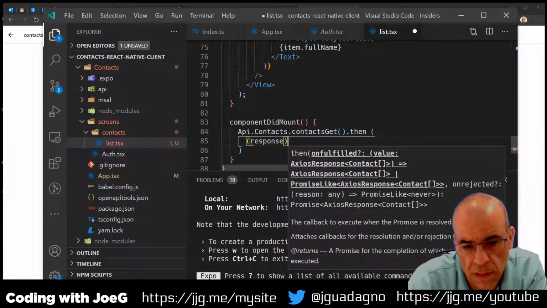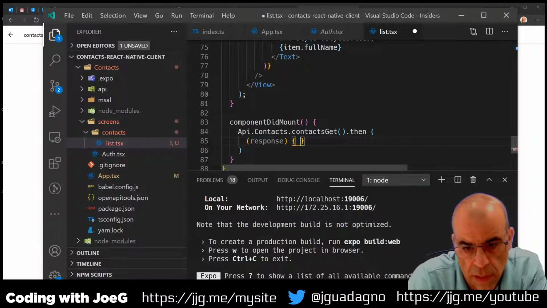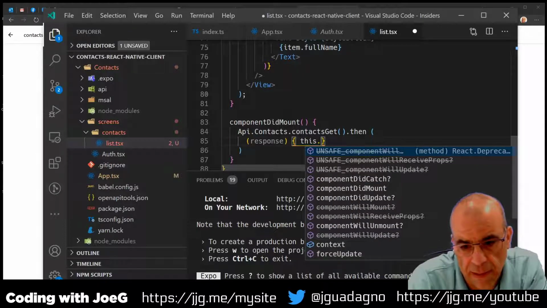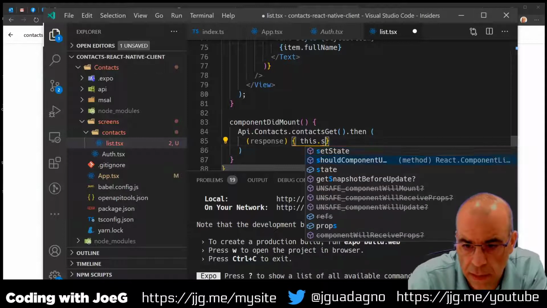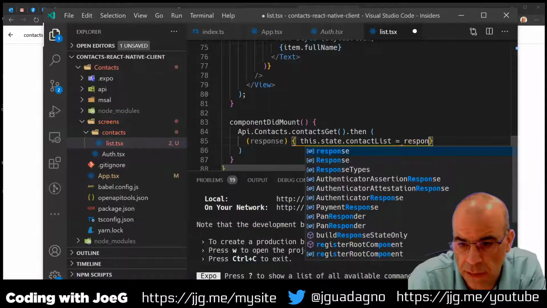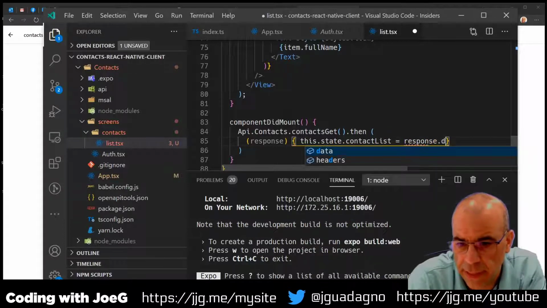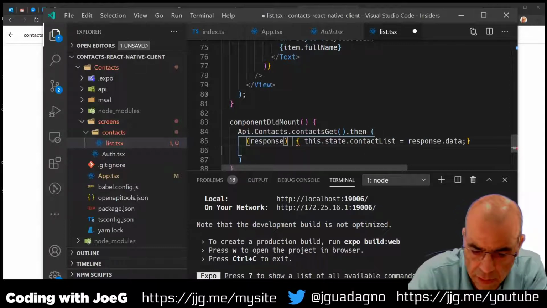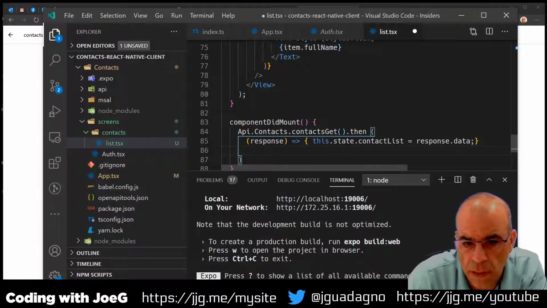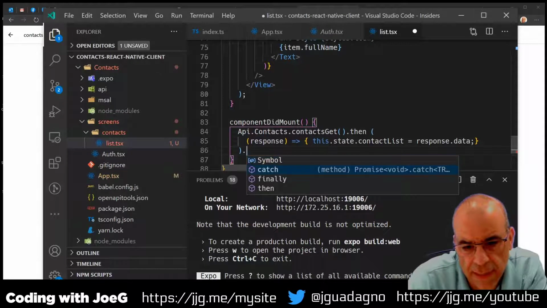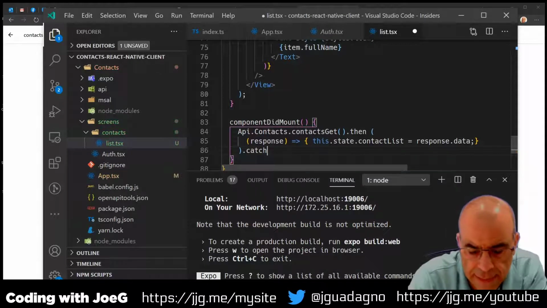Response, and then this dot state dot contact list equals response dot data, and I'm missing the parentheses, and there's dot catch,